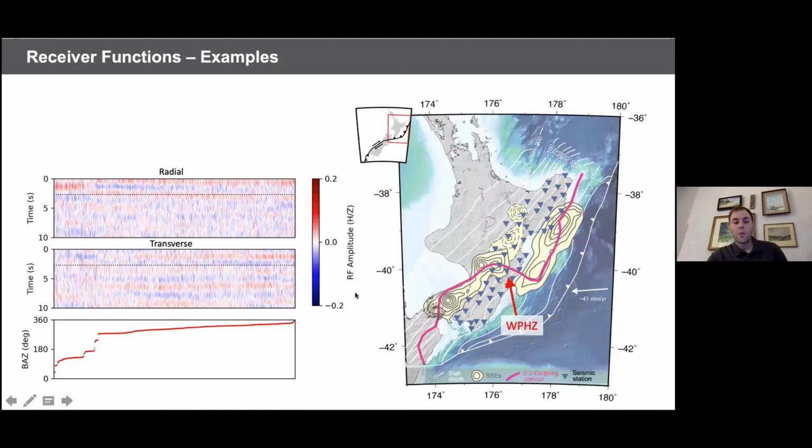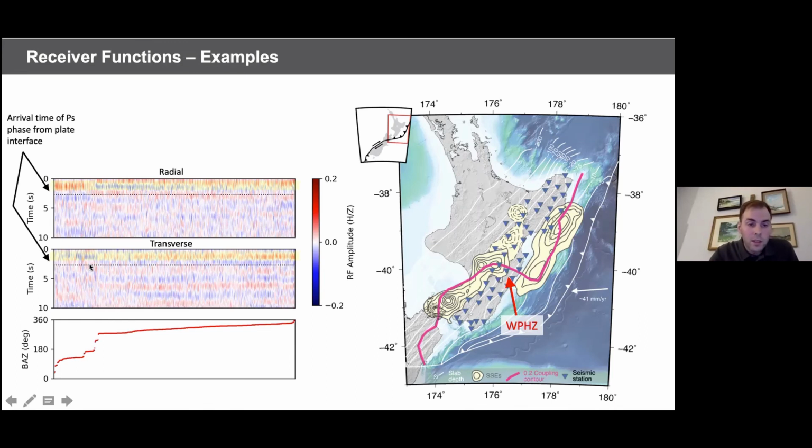So if we look at some actual receiver function data processed from the stations in New Zealand, here's an example from a station WPHZ. What we've done here is sort the data according to back azimuth. So 0 degrees represents north and 180 degrees south. And so the data are just sorted according to back azimuth. And we can see that there's all these phases within the receiver function data set that actually show a polarity reversal with respect to back azimuth. And of note,